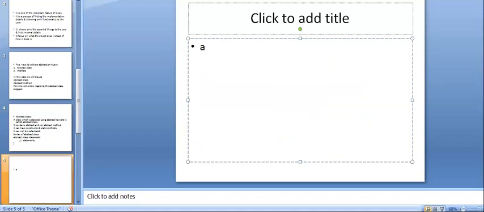We know that this abstract class contains abstract methods. What is an abstract method?